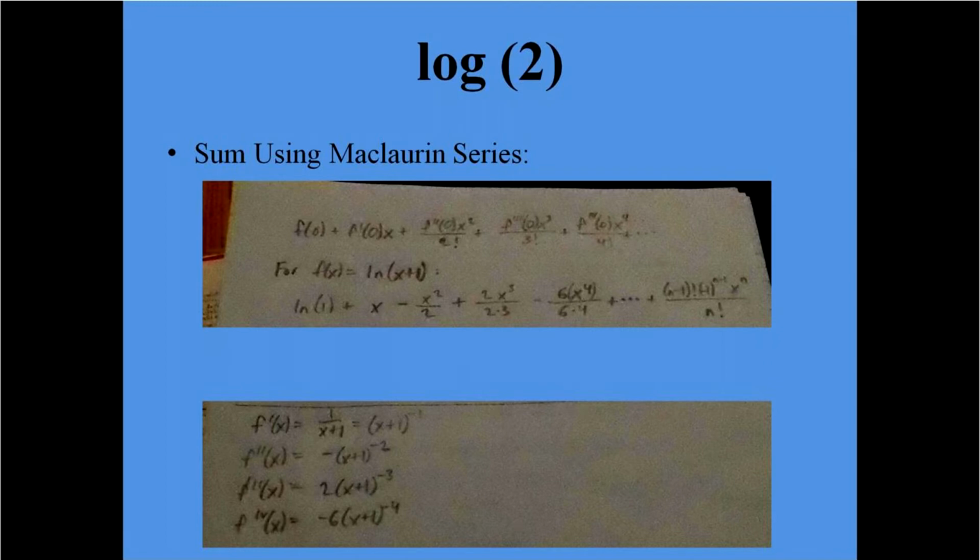We have ln of 0 plus 1, and that is, in the conventional sense, 0, so we can neglect it, plus 1 times x. Now, this is a result of what I just mentioned, because it's just the coefficient that matters. The coefficient in this case is 1, so that's alright, minus x squared over 2. Now, in this case,